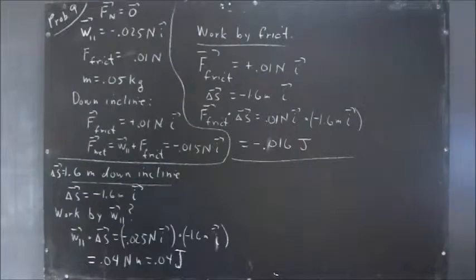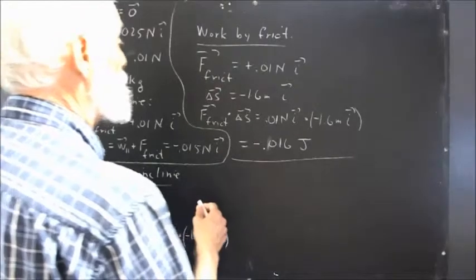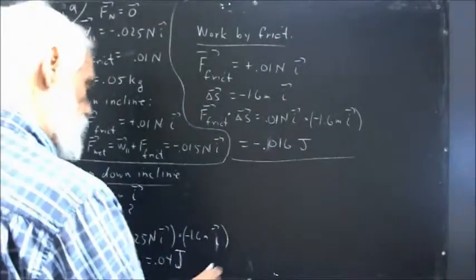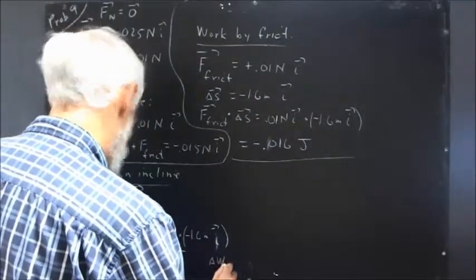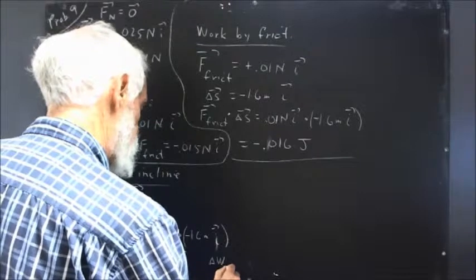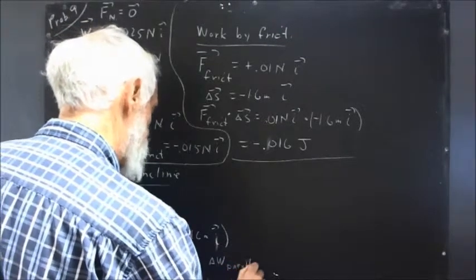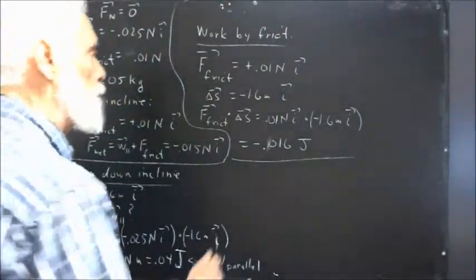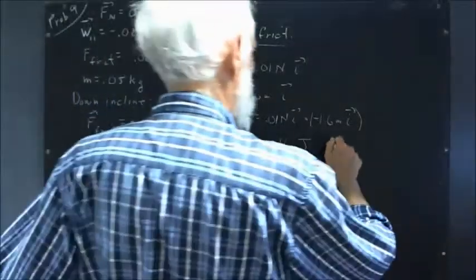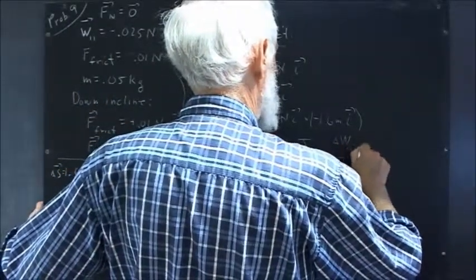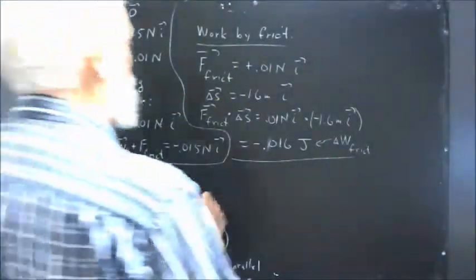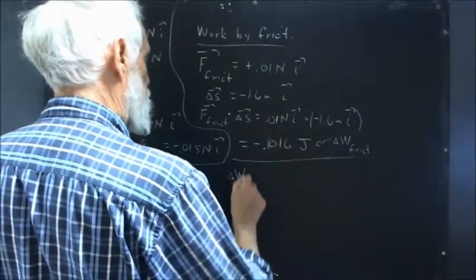What else do we want to calculate? Well, we might want to calculate the work done by the net force. I'm going to call this delta W parallel for the weight component, parallel is a capital W as opposed to lowercase w. This is delta W friction, not a vector, work as a scalar quantity. And now we're going to do delta W net